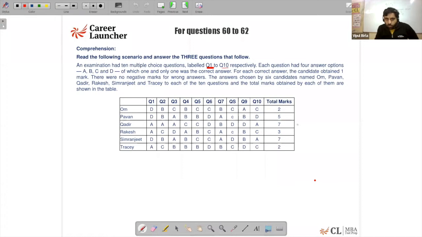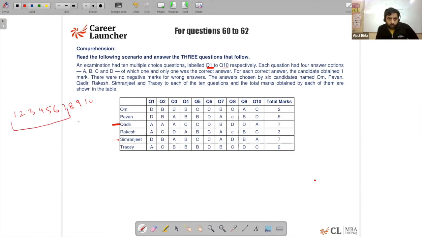So I know Kadir has done 7 correct, while Simranjeet has also done 7 correct. So both of them have done 7 correct. Okay. Now out of the 10, if both of them have done 7 correct, so basically there has to be a certain number of answers which have to be common, right? Okay. So if I look out for what can be the least possible common ways, so let's say Kadir has, right from, let me write it, 1, 2, 3, 4, 5, 6, 7, 8, 9, and 10. Let's say Kadir does these 7 correct.